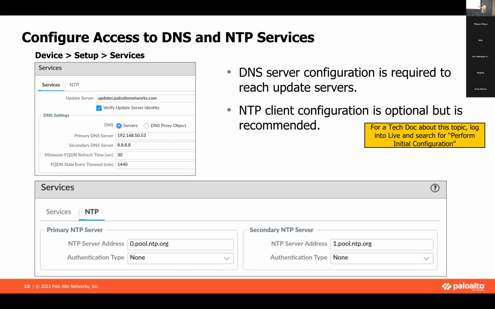So if the firewall pulls from pool.ntp.org, then everything inside your network should point back to the firewall for NTP services. That way, everything on the network has the exact same timestamp. It doesn't sound all that important until you start correlating information from servers, from network switches, etc. when you guys are under attack. If everything's off because they're not pointing to the same NTP server, you're going to have some bad issues